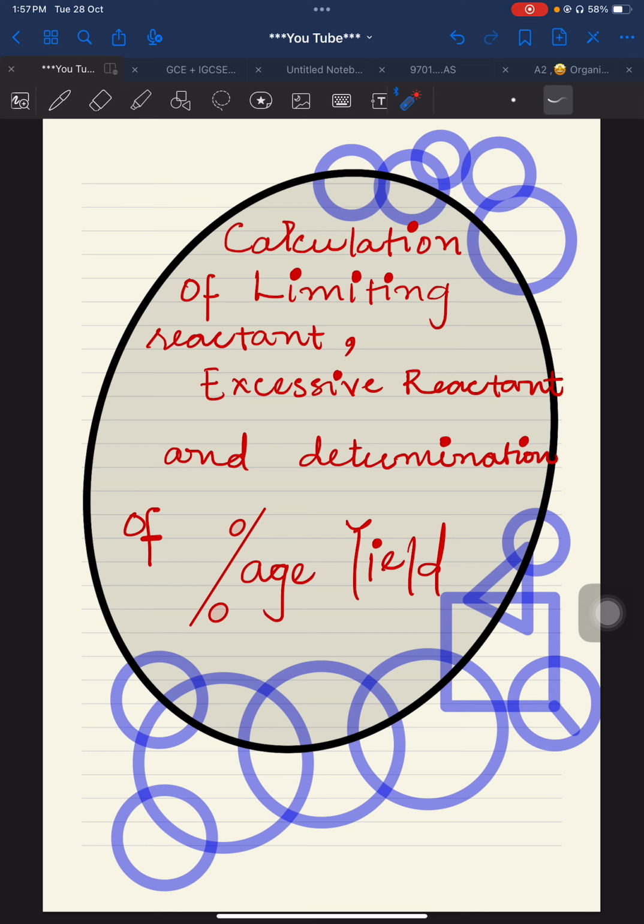You people need to write down the balanced chemical equation always. In most of the questions, the examiner has given the balanced chemical equation, but sometimes the examiner is expecting that balanced chemical equation from you. If you know the balanced chemical equation, then you will be able to calculate what is the limiting reactant and how much amount is required, and what is the excess reactant and what is the amount which is in excess, etc. I am going to solve a few questions related to these types as well.